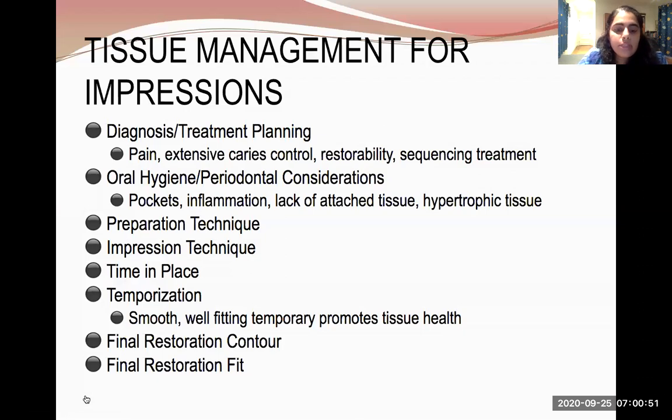Okay, so what is the first step towards getting that final outcome? It all starts with treatment planning. Is there pain in the tooth? If there is pain, does the tooth need a root canal? If the tooth needs a root canal, then you guys must know that the blood and the nerve supply of the tooth is not there anymore, which makes the tooth brittle. So that's why we need a crown to protect the tooth and to protect the root canal that has just been done on the patient.